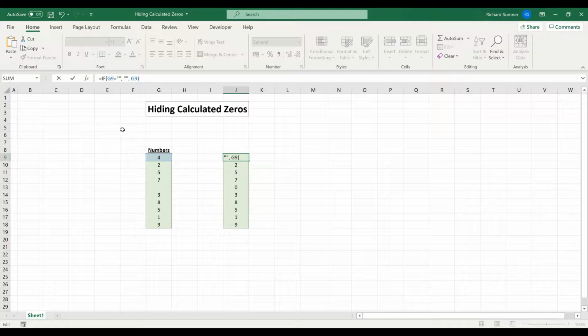and close the brackets. Because what that will do is it'll look here and go, is that blank? And if it is, it'll make it blank rather than showing a 0. But if it does have a 0 there, it will show a 0 because it's not blank. But if it's a blank cell, it will show as blank. So now when we copy that down,